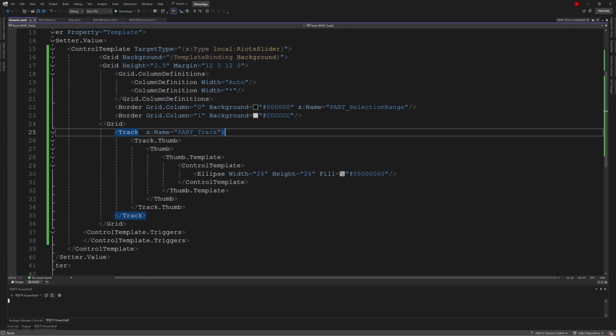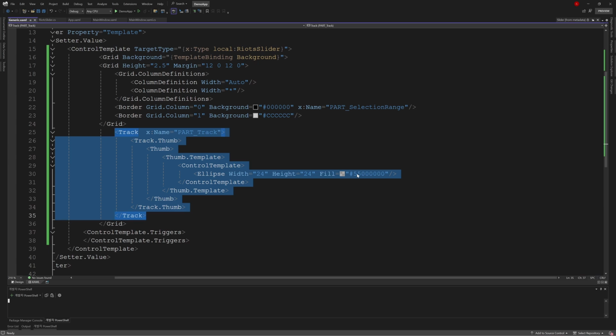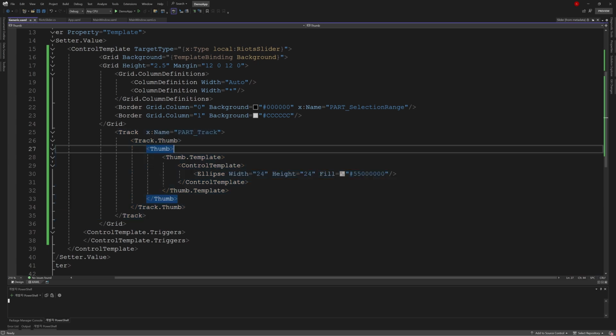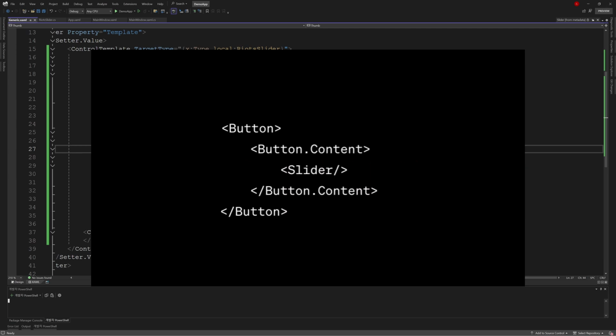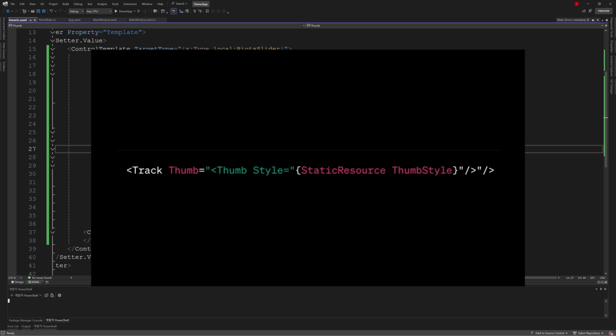Okay, now let's move on to setting up the thumb part. Before we proceed, let's delve into some detail about Track. Track inherits from FrameworkElement, so it doesn't have a template. And inside it, it automatically associates with a thumb, meaning the thumb we've been using was added within the track. This is like adding content to a button, but content is of type object, so it can contain anything. However, you can assign a slider using text, so we need to expand the syntax and then insert a slider, like this. This principle applies to Track, although there's no issue with the code logic, but we can write it like that in XAML. The correct way should be like this.